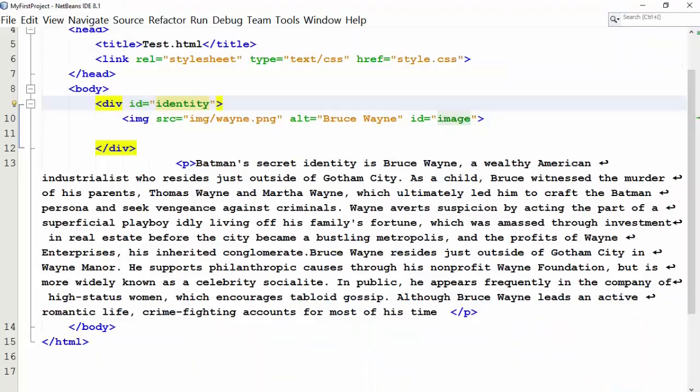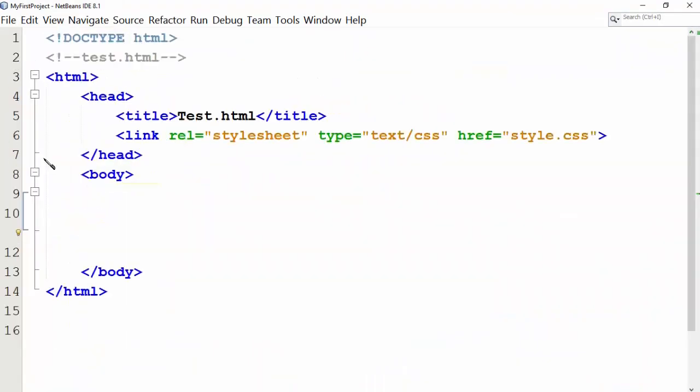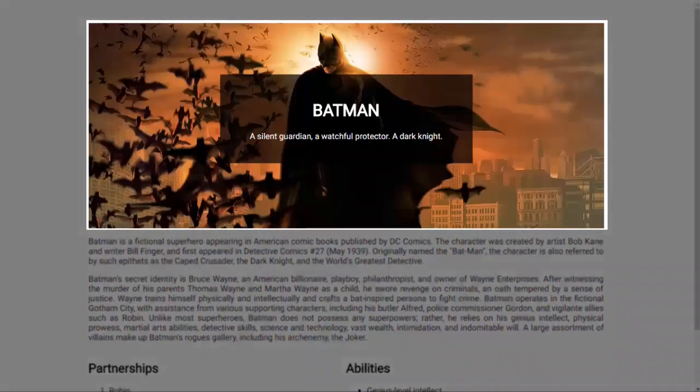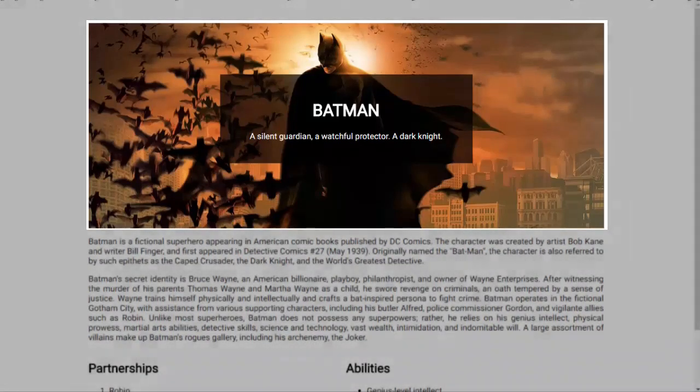Once again, I will go back to the test.html file and clear all the code so that we can concentrate on background images. A background image can be added to any element. You can add a background image in the element using the background-image property. I would like to add a background image to our page and I would like it to look something like this. So in short, I would like to add an image behind the h1 and h4 element on my page.